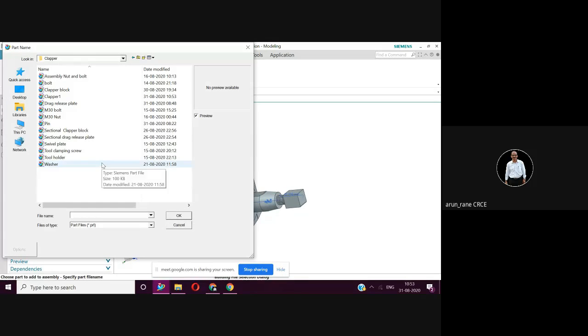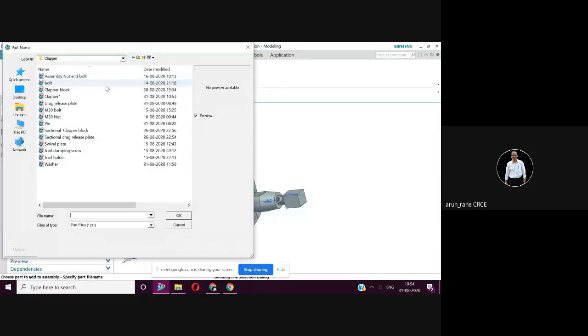Now one thing I forgot to tell you: your components and the component which you are assembling, all the components and your assembled component, should be in the same folder. Okay, so keep the directory like that. Don't change the path. Like you make a component in one folder and you make the assembly in another folder, that will create a problem.